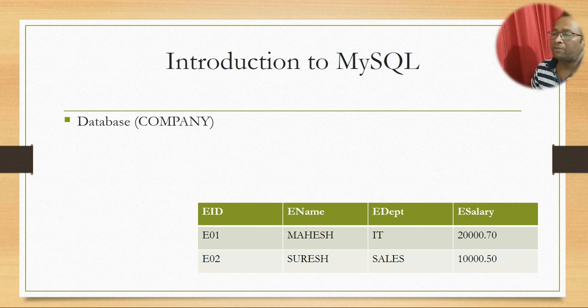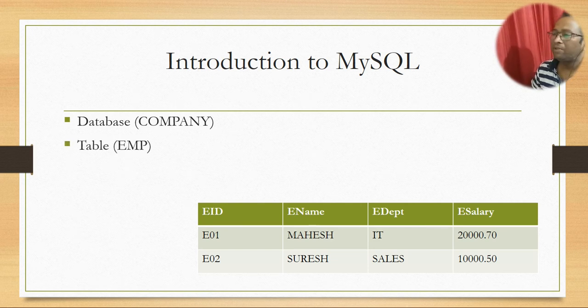So you can see a database is a collection of tables. You can say there is one folder, you are putting some data inside that folder, that is nothing but just like a table. When we are creating a database, we can keep multiple tables inside the database. For example, a company has different types of tables, for example employees, salary, and payment tables.